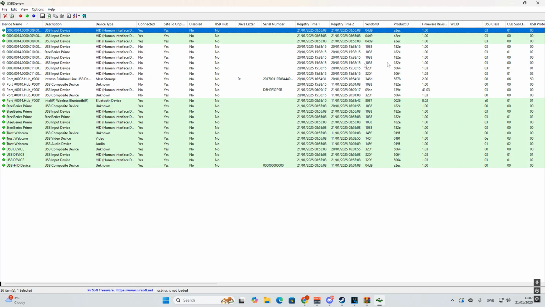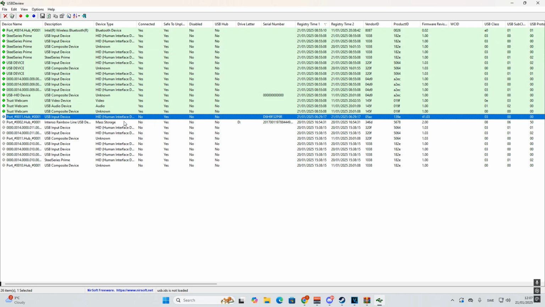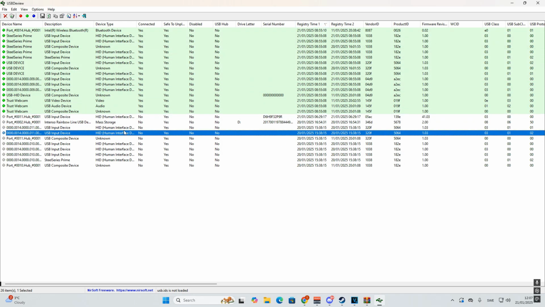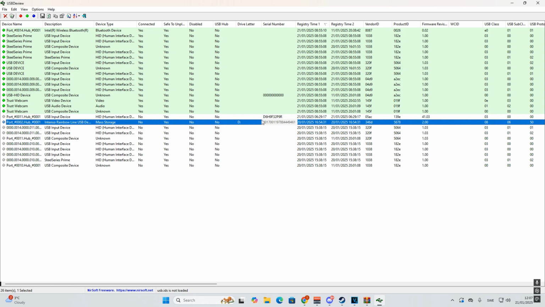You may just be confused on what to look for. So what I usually do is sort by registry time 1 and look at the ones that were disconnected most recently. I see that there is a drive letter D right here, and that makes sense